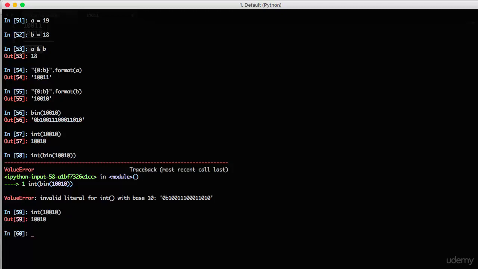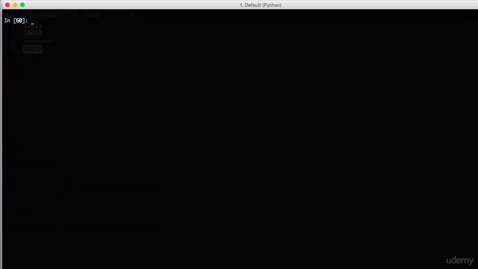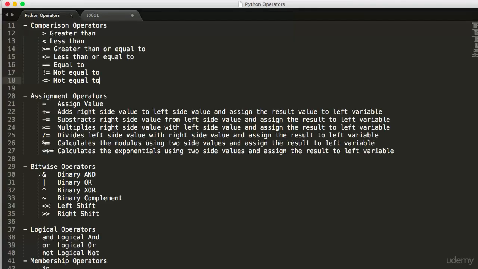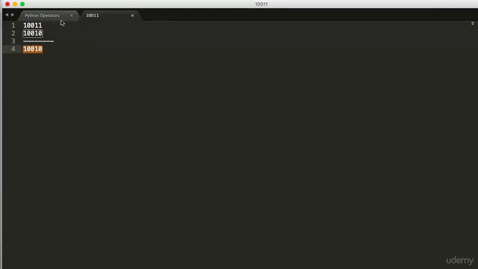This is similar with the OR operation. Of course, we got to know about the AND operation, and now let's know about this OR operation. So how does Python compare two binary formats, two numbers actually? For 19 and 18, these two are the binary formats, and Python initially compares the binary formats, and the resultant will be a binary. And this binary will be converted into an integer.